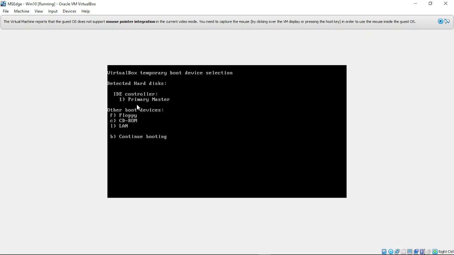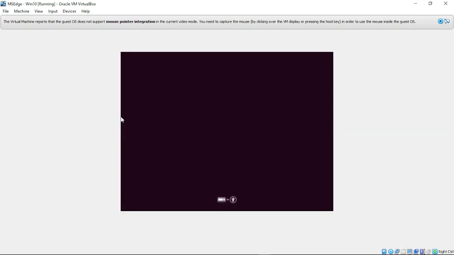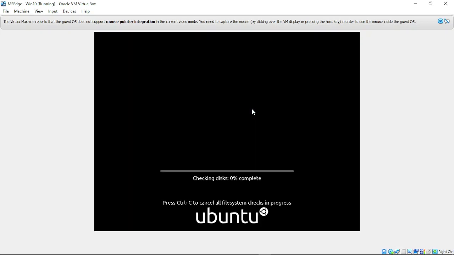Over here you can see the number of options in the boot order. The first option is the primary master, the second is floppy, then CD-ROM, LAN, and continue booting. Right now we have our Ubuntu on CD-ROM, so I'm going to choose option C. When you click on C, you can see that Ubuntu is booting instead of Windows 10.